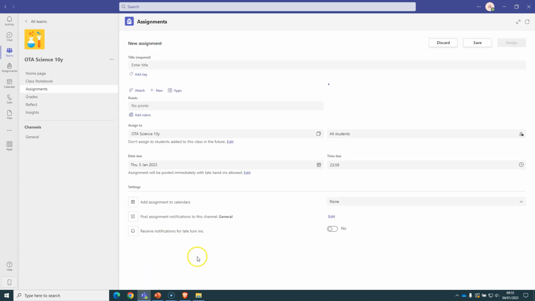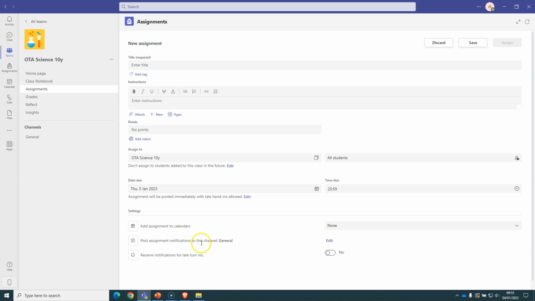I'm going to start a new assignment. Now, assignment can be any piece of work at all, for classwork or for homework, and it can contain just simple instruction, attach files. You can also add rubrics, and there's a lot more advanced stuff you can do with assignments. All of these options are covered in other videos, but for this assignment we're going to set a very basic one. All assignments require a title,